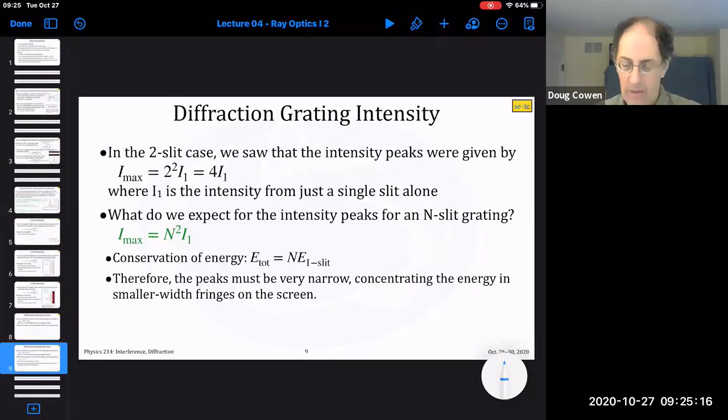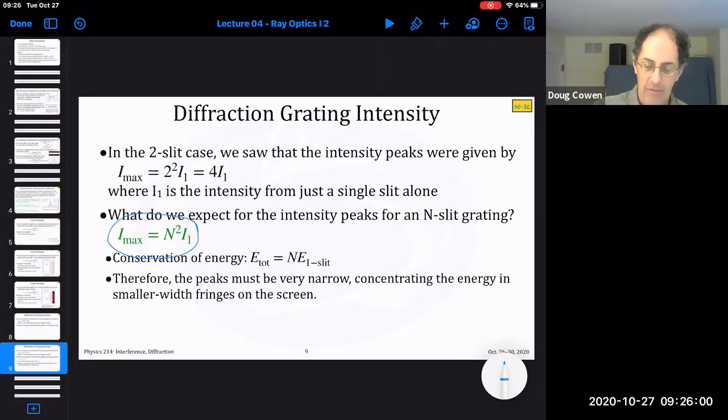And again, though, energy is conserved. So the total amount of energy that comes out of these N slits has to be equal to N times the energy that comes out of any single one of them, if they're uniformly illuminated on the other side. So what that means is that these peaks produced on the faraway screen after the light goes through the diffraction grating must be really narrow, and the light energy must be concentrated in very small width fringes on the screen in order to conserve energy and